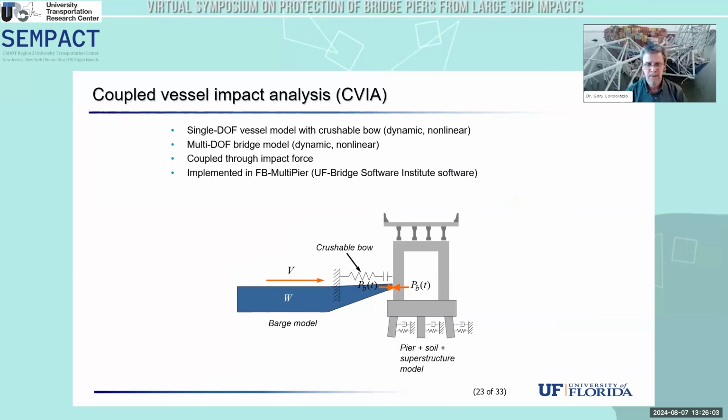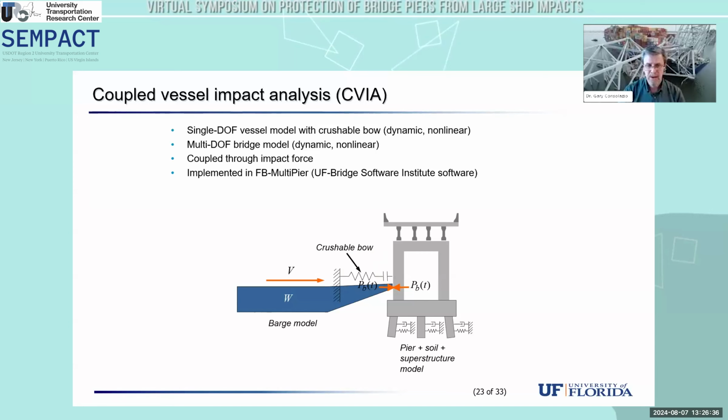So that's what I want to talk about for the remainder here. A number of years ago, I developed this idea of a coupled vessel impact analysis procedure where we take all the information I've talked about so far, so physical testing, high resolution modeling, and so forth. We develop crush curves or force deformation relationships and then concentrate the mass of the vessel into a small number of degrees of freedom, in this case, a single degree of freedom. And then we represent the stiffness of the barge, or in this case, the vessel, with a nonlinear spring, okay?